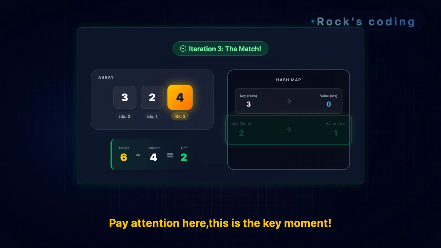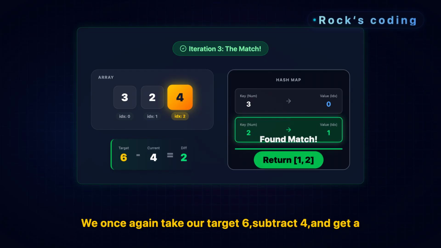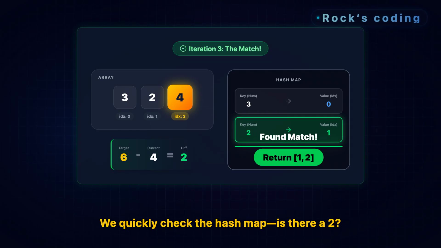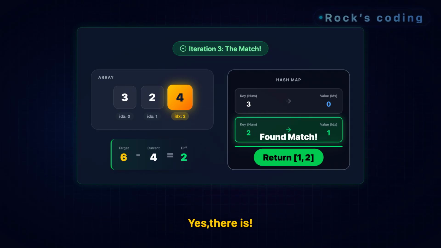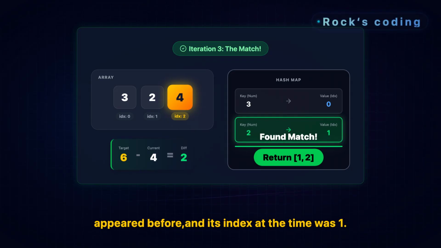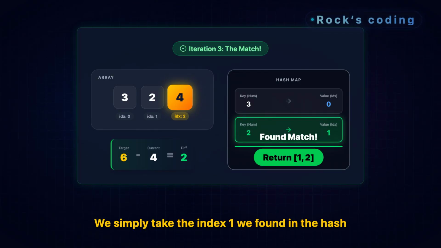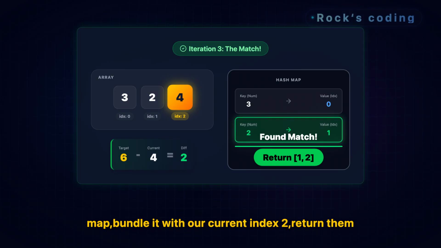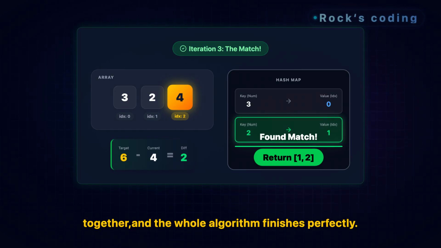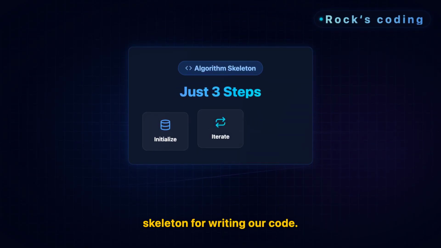Then, the pointer keeps sliding to the right, arriving at index 2, and the current number is 4. Pay attention here, this is the key moment. We once again take our target 6, subtract 4, and get a difference of 2. We quickly check the hash map. Is there a 2? Yes, there is. The hash map tells us that the number 2 definitely appeared before, and its index at the time was 1. Awesome, this means we found it. We simply take the